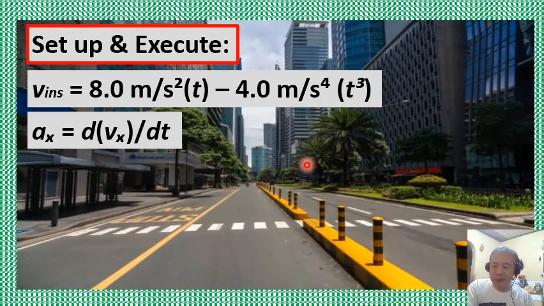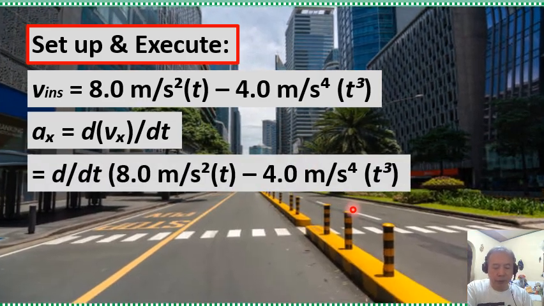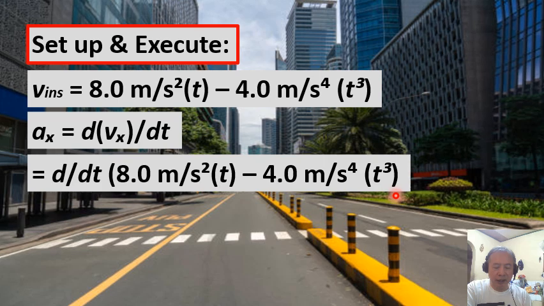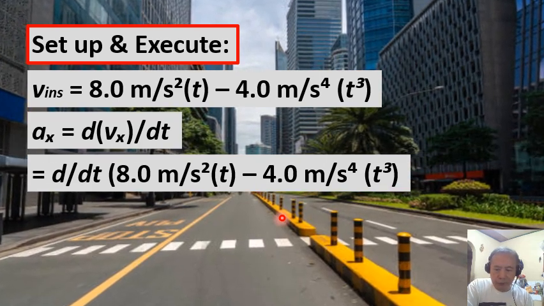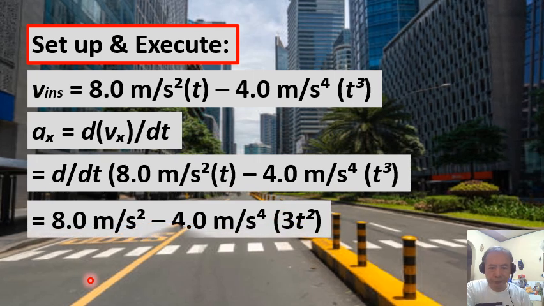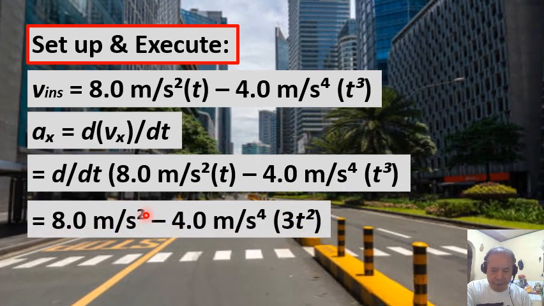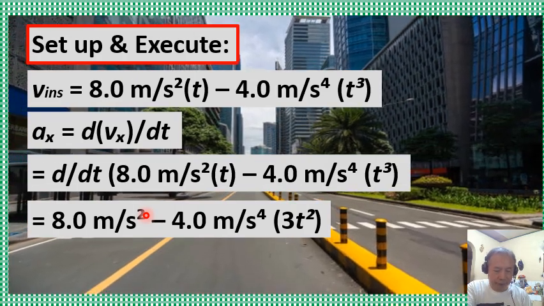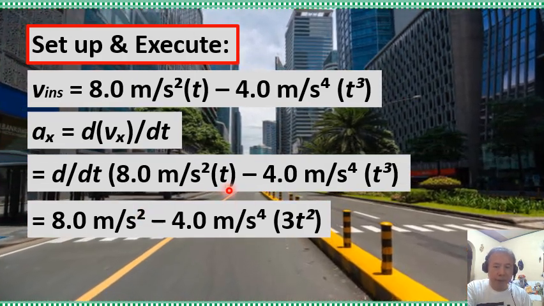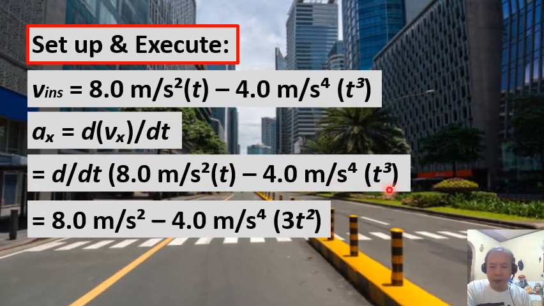That is, the derivative of 8.0 meter per second squared times t is equal to 8.0 meter per second squared. And that of negative 4 meter per second to the fourth multiplied by t to the cube